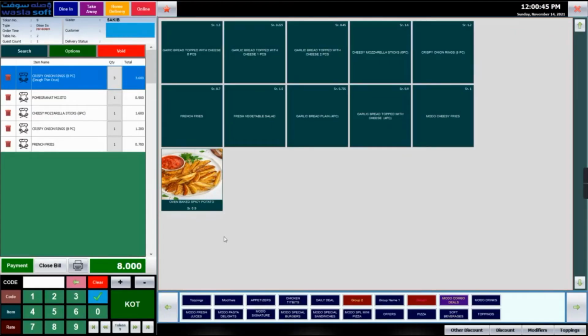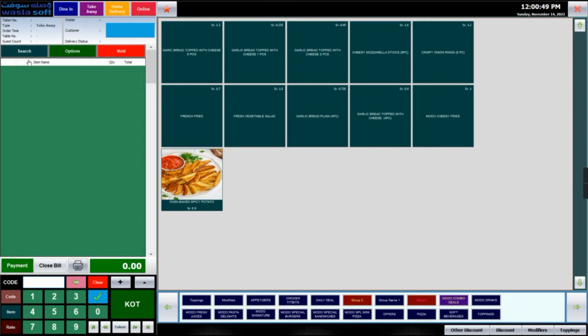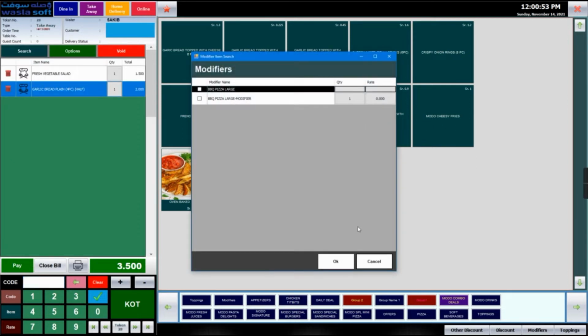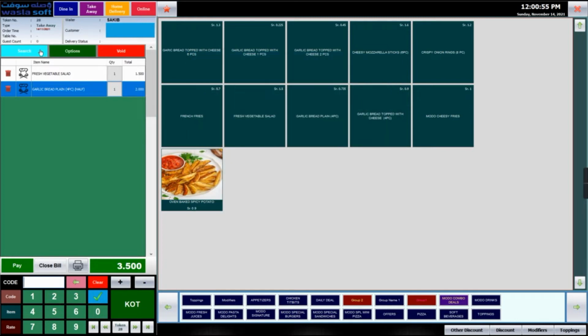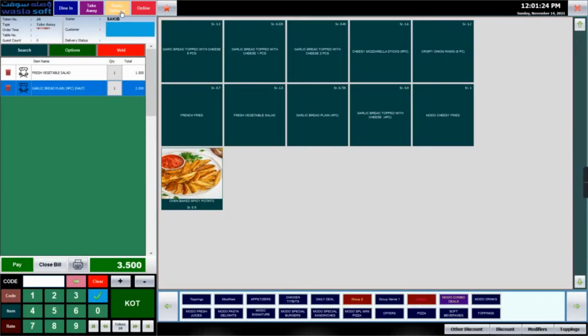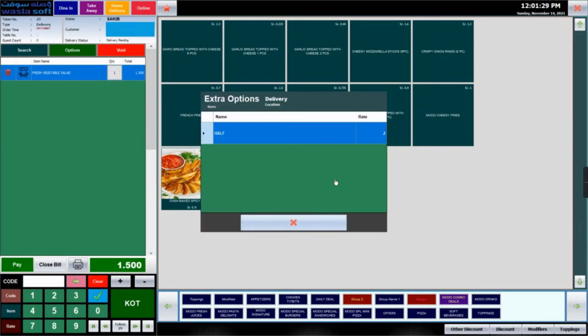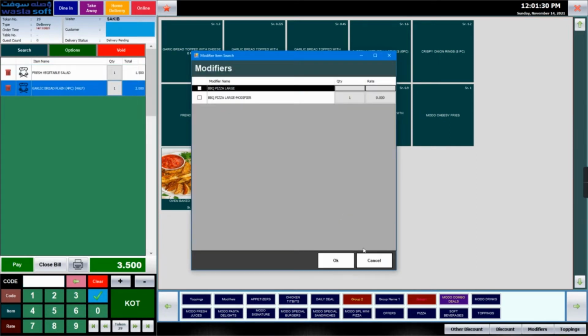For takeaway, just click on takeaway and start adding the items here. For home delivery, you select home delivery here, and you can directly start adding the items,